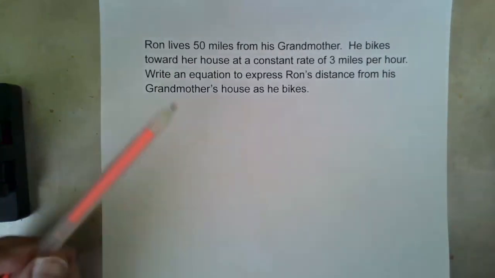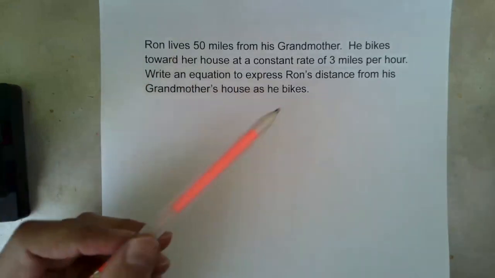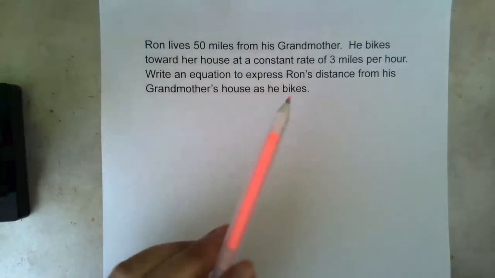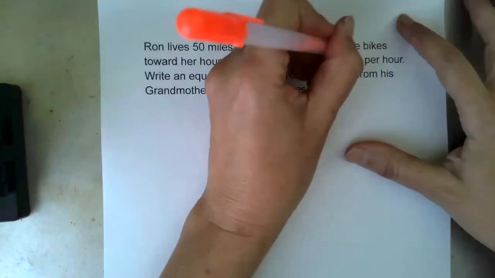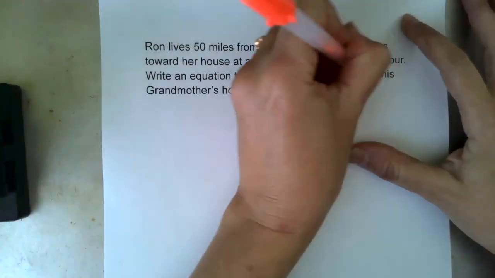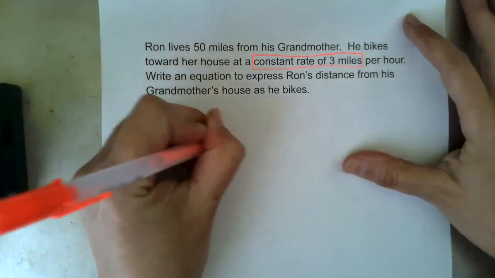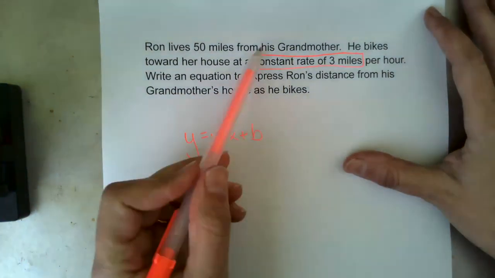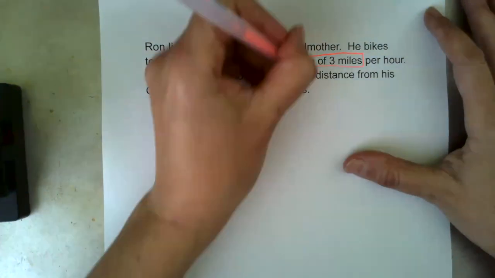Ron lives 50 miles from his grandmother. He bikes toward her house at a constant rate of 3 miles per hour. Write an equation to express Ron's distance from his grandmother's house as he bikes. All right, right here, constant rate. That lets us know linear. y equals mx plus b is linear. All right, constant rate of 3 miles per hour. Okay, so we know that our slope